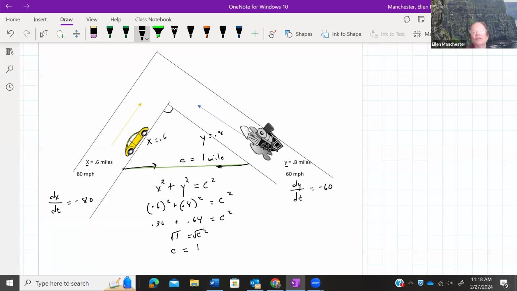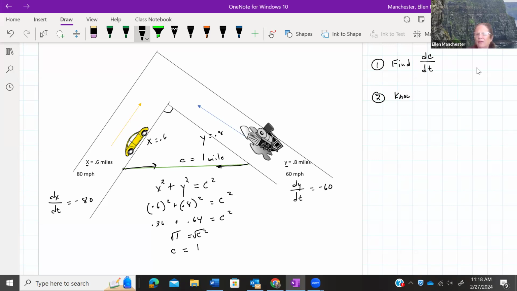Okay. So the way we're going to do these related rates is we're going to ask ourselves 3 questions. Here's the first question, and you'll see this again: what are we finding? In this case, we want to find out how fast C is changing over time. So what we're looking for is dc dt, the derivative or the change of C based on time. Okay, that's what we're looking for.